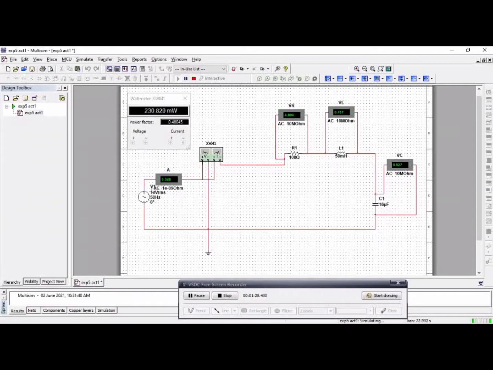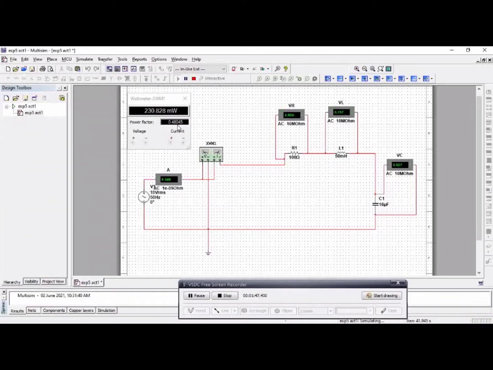Now we got the I here, this is the ammeter, the value of I, and this is the value of power. This is the value of power factor we use